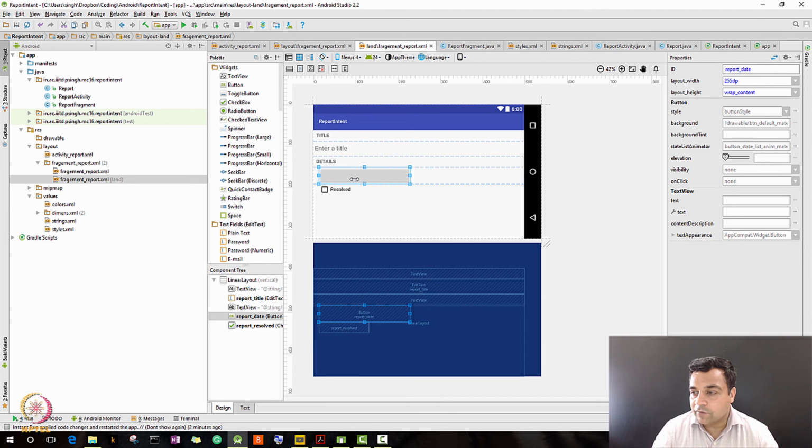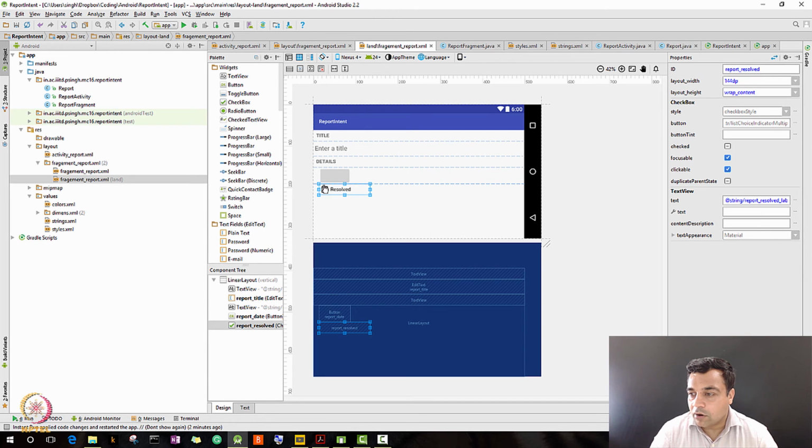So this is my button, that's fine. I am just trying to move my result checkbox. Okay,